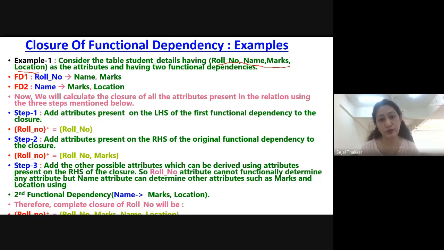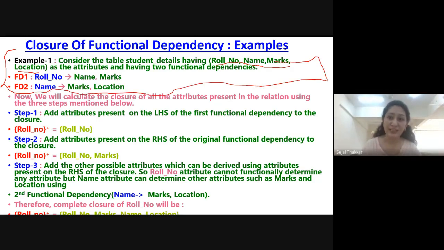These are the functional dependencies they have given to you. We don't have to think anything. This is just a definition given to us, and from that definition, we have to find out the closure, right? As per the rule of closure, the thing which is on the left hand side itself will come, and the attributes available on the right hand side of the dependency, those also we have to put. The first thing is roll number. I have to find out the closure of roll number, so roll number itself will come.